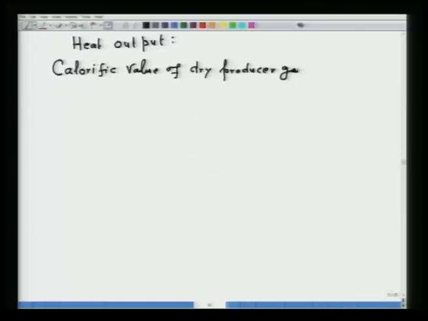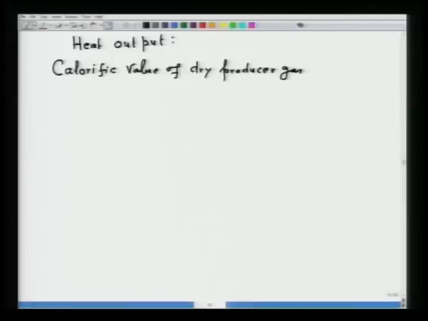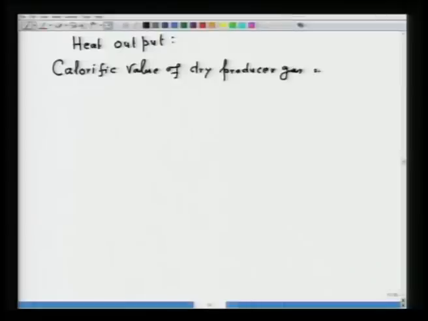Mind you, we can also call it potential energy, because this energy will be available to you by combustion. So we are writing dry producer gas because only when you cool down the gas and clean it will the calorific value be available. So that in our calculation is 5640